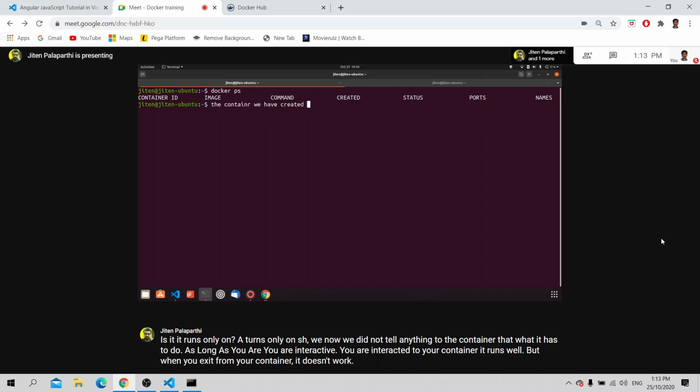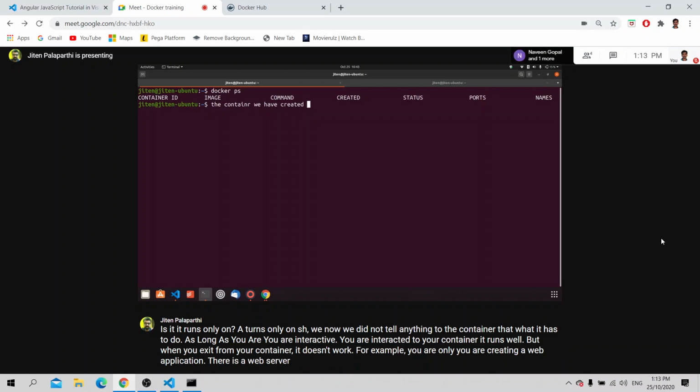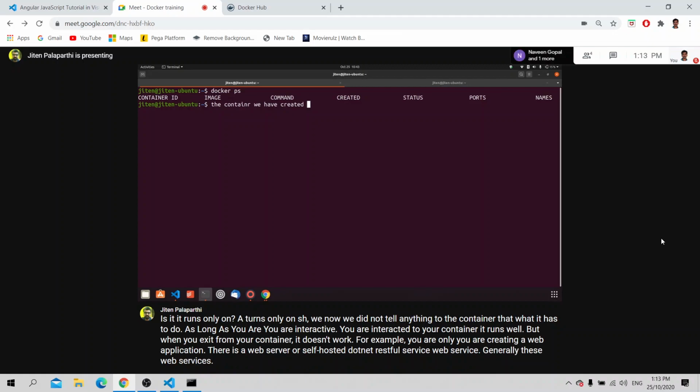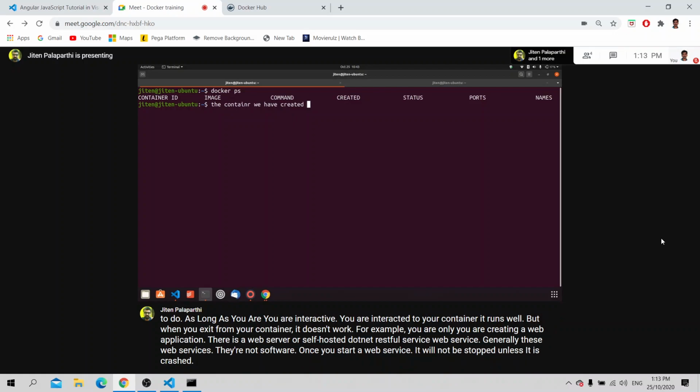For example, you are creating a web application. There is a web server or a self-hosted .NET RESTful service, a web service. Generally, these web services don't stop. Once you start a web service, it will not be stopped unless it crashes for some reason.